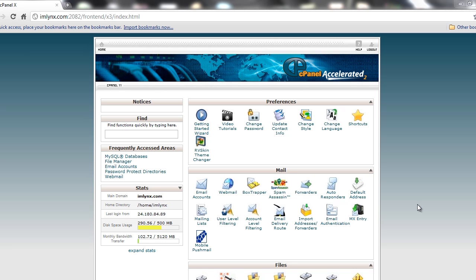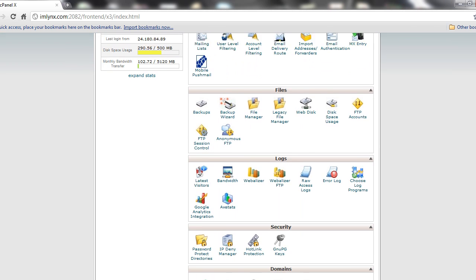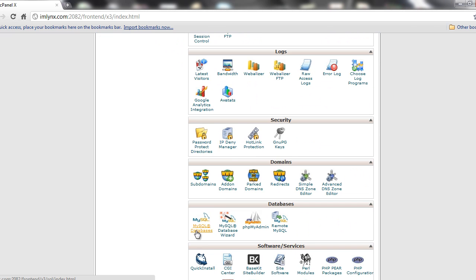Okay, to begin setting up the URL shortener, the first thing you need to do is set up your database. Now you'll notice here that I'm using cPanel. If you're not using cPanel or if you don't know how to use cPanel, you may wish to contact your hosting provider. For those who do, all you need to do is scroll down, find the area that says MySQL